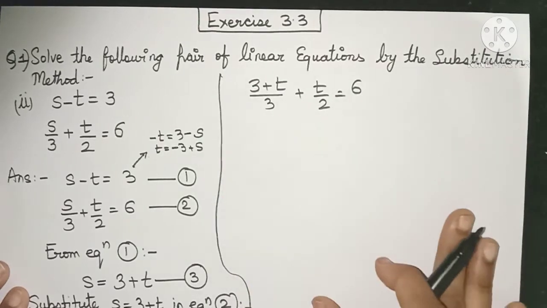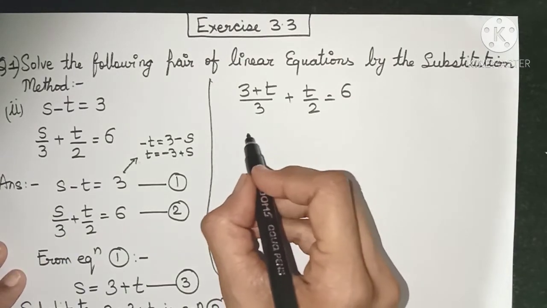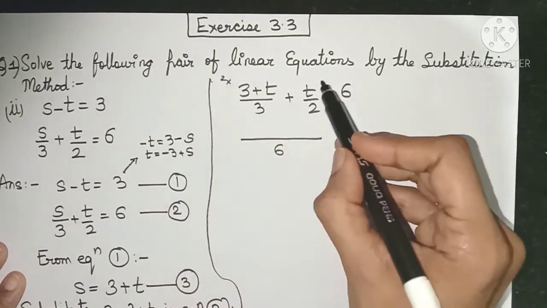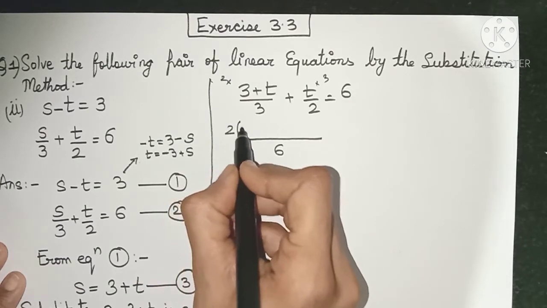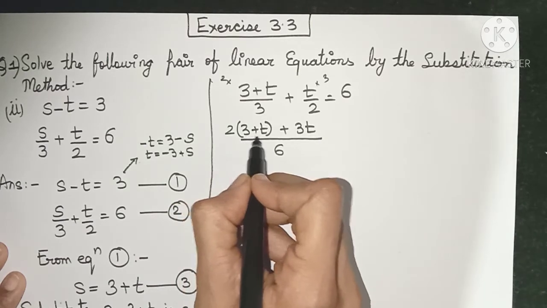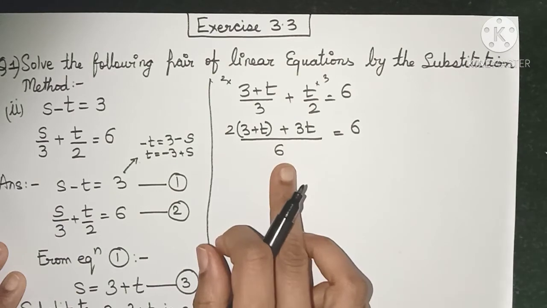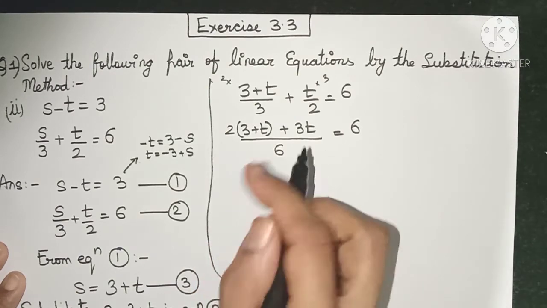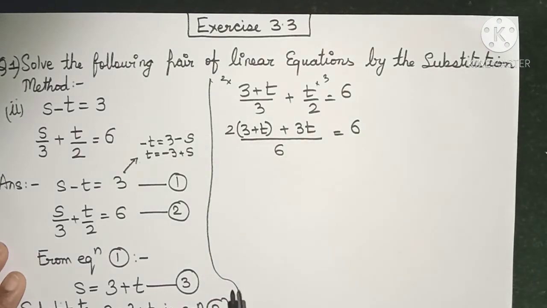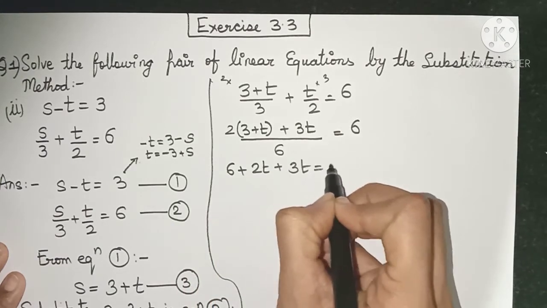So friends, as you can see here, we can't do much unless we take the LCM, correct? What do we have to do? We have to take the LCM. That will be our next step. So I need to multiply this by 2 and this by 3. So however you have learnt LCM, please go ahead and do it. So I'll get 2 multiplied by (3 plus t) plus 3t equal to 6. So I have taken LCM over here. So what is the next step now? You can open up these brackets. Parallelly, you can bring the 6 to the other side also. So you'll get 6 plus 2t plus 3t equal to 36.